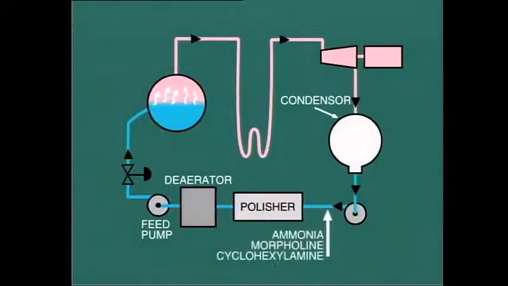So how do we, in this case, control pH value of the boiler water? This is where volatile treatment comes in. A chemical such as ammonia, morpholine, or cyclohexylamine is fed continuously into the condensate system, and this passes right through into the boiler. Once in the boiler, the material vaporizes and passes over with the steam through the turbine to be condensed into liquid once again in the condenser. This material circulates through the steam and water cycle, with makeup being added continuously. The effect is to raise the pH value of the water to protect against acidic corrosion in both the pipework